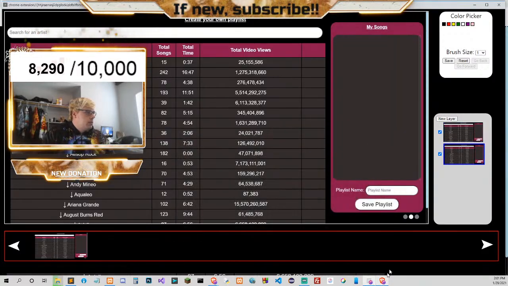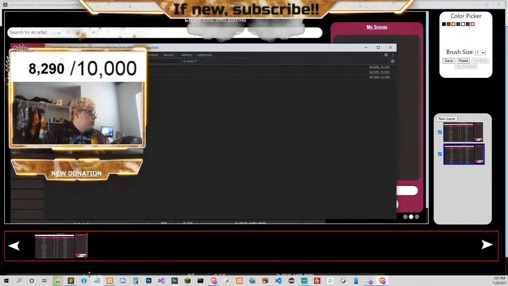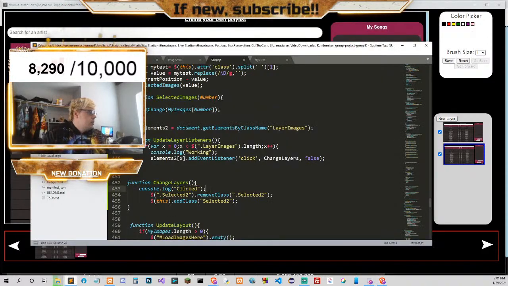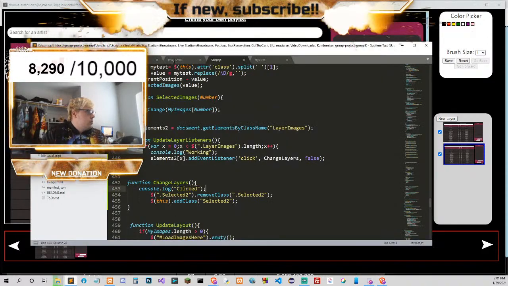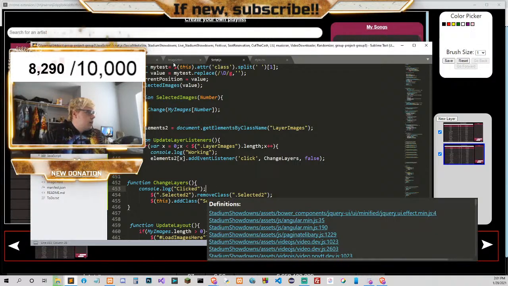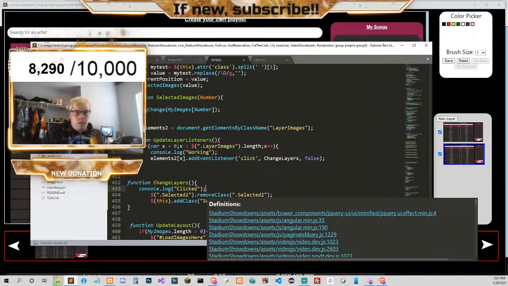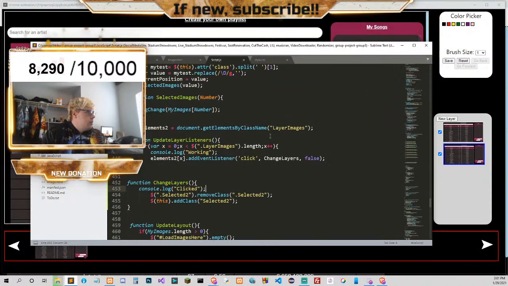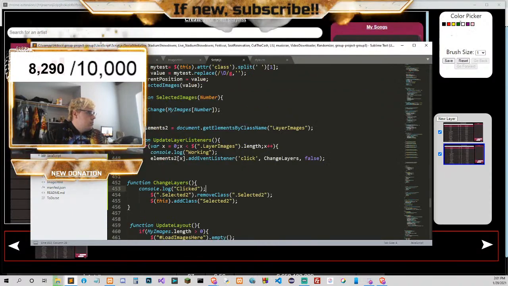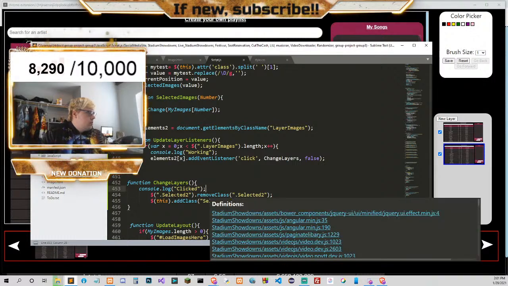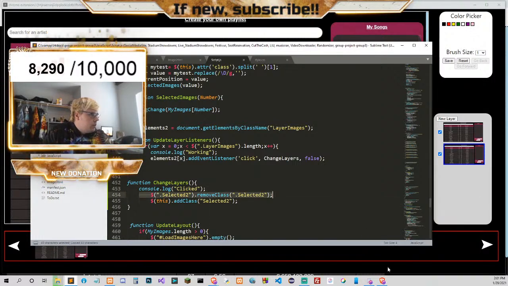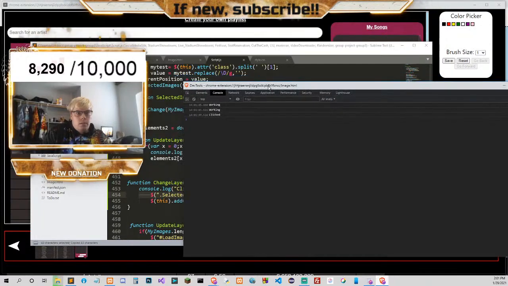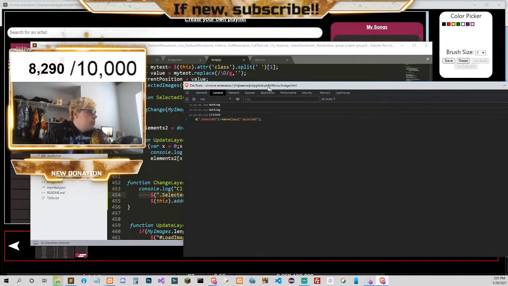That's working. If I click this, it says clicked, but it didn't remove the class, this dot add class. It's supposed to remove the class from here, selected to dot remove class. If I run this in here, I believe this will work.